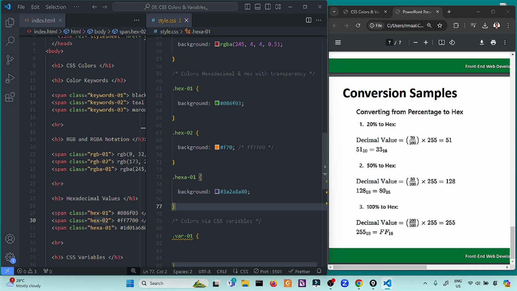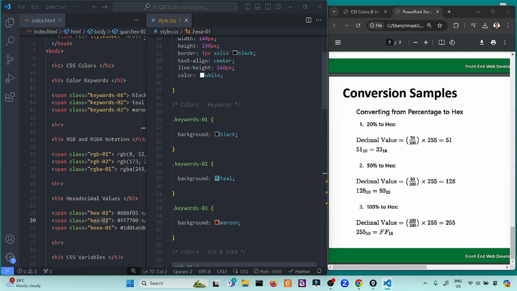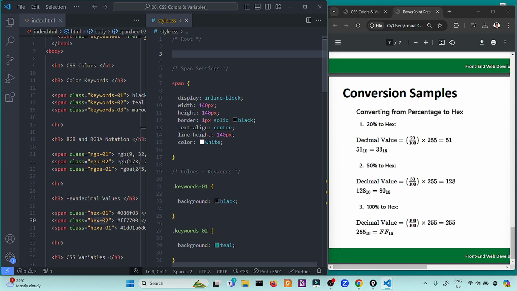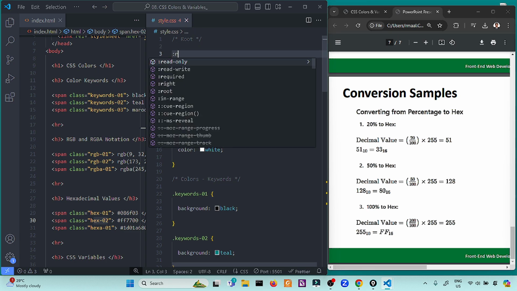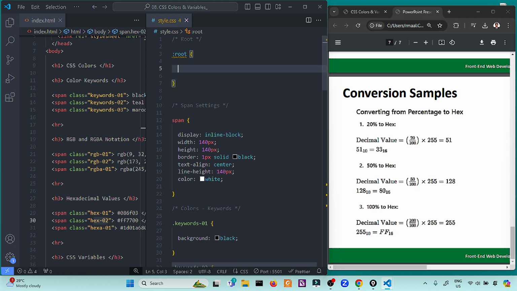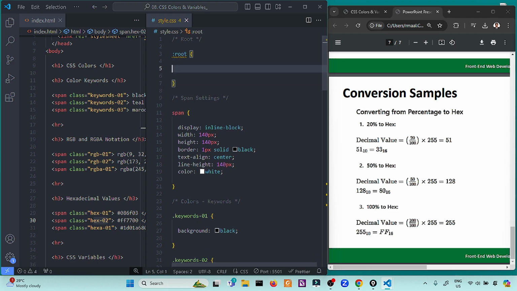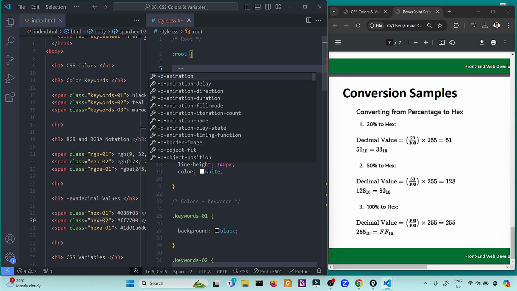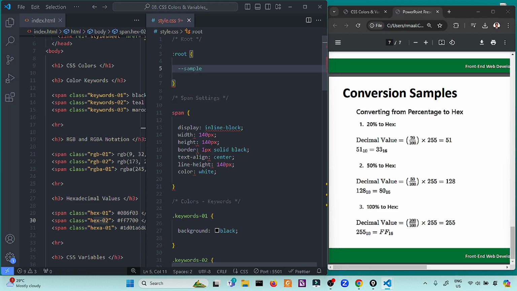Also, I will teach you here how to use CSS variables. This is very important if you want a more flexible color scheme. To use a CSS variable, you declare the root element, then a double hyphen, then the name of the sample color.